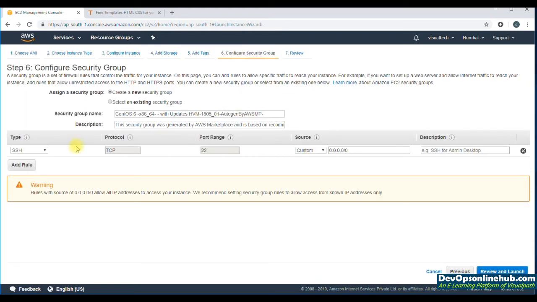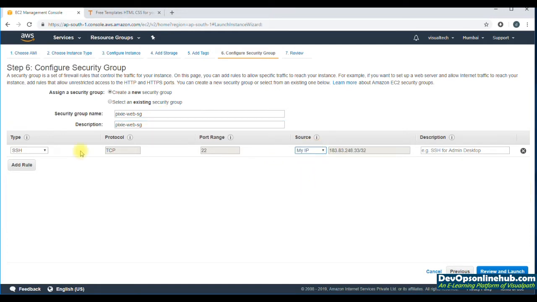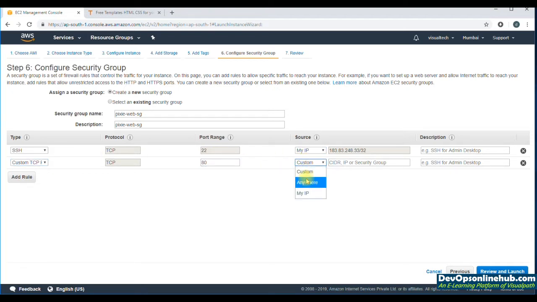Configure security group. So here I'm going to create a security group, Pixie web-SG. So we need port 22 access from our IP, so we can do SSH, and also port 80 from anywhere, so anybody can access the website. Review and launch,